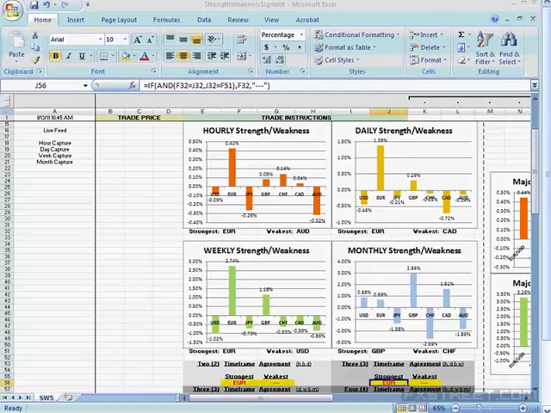Okay. Yeah, there are a bunch of questions here. How does this help your entry timing? This helps your entry timing tremendously, because you're seeing on a real-time basis what's gaining in strength, what's losing in strength, where the biggest discrepancy is. When you're looking at momentum, you're looking for the biggest discrepancy between the strongest and the weakest. And once you find that, if it's on a consistent basis, if it's on a multiple time frame basis, then you have a good idea that because of that large discrepancy, the momentum is in this direction, and you have a strong directional bias right there. So it helps tremendously.